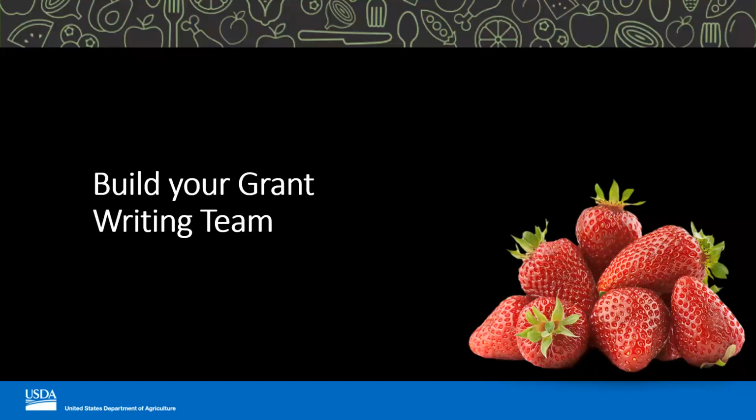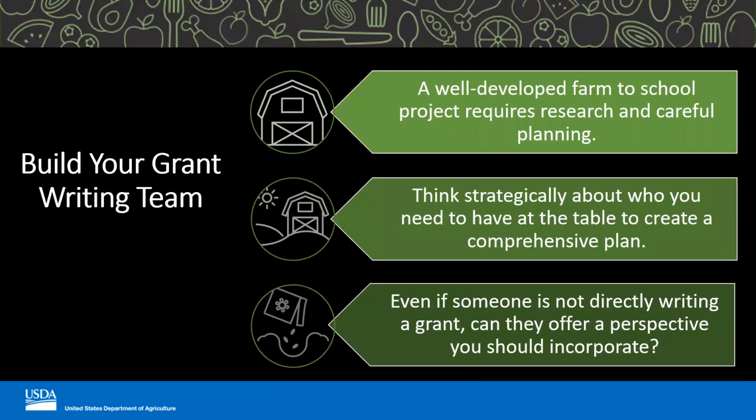So now that you've chosen your farm to school grant track and you have determined your project's approach, the next important step is to identify the appropriate partners to build your grant writing team. Building a grant writing team requires research and careful planning. We highly encourage that you start having these conversations sooner than later. As you reach out to potential members, be specific with your objectives. Some key points to keep in mind include the members' availability and their capacity, their specific role, not only in the RFA writing process, but also in the proposed project.